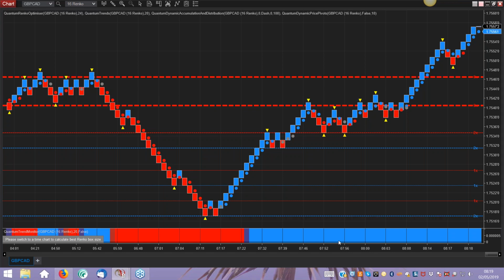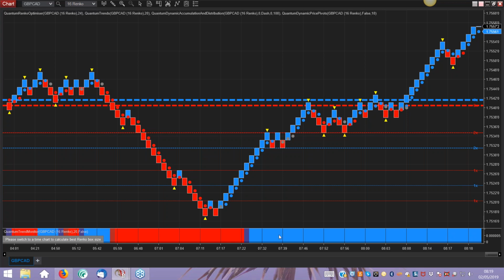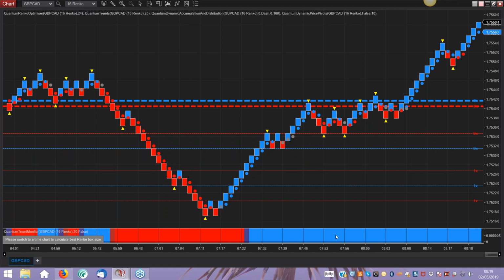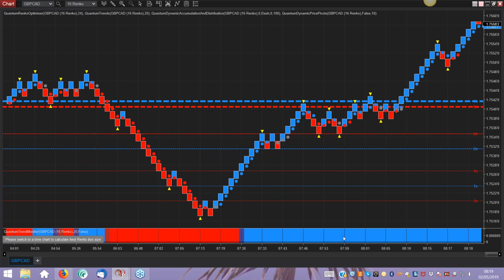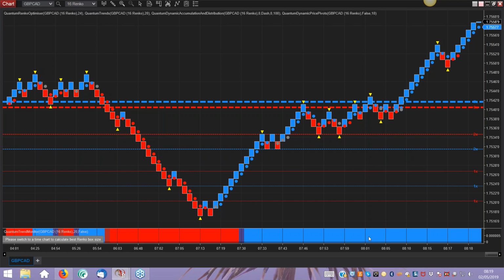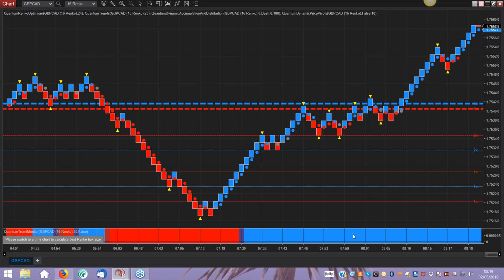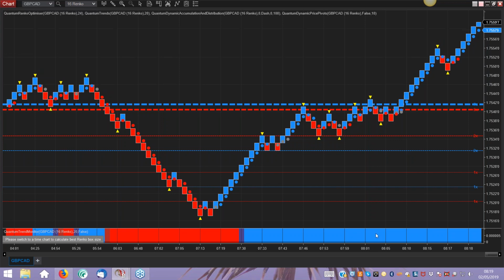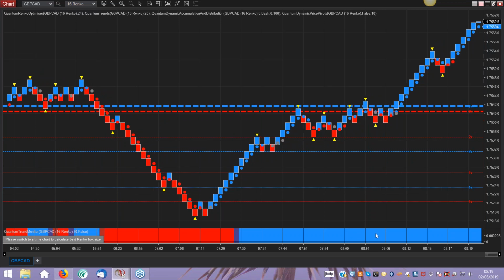What the trend monitor does, as you can see at the bottom, it hasn't reflected any of that. It's just simply said, okay, I'm looking at the trend. It's not weakening enough for me to signal a transitional change in color or even a total change in trend. Whilst the trend dots have signaled that for you, the trend monitor has remained steadfastly blue. In other words, it's helping to keep you in